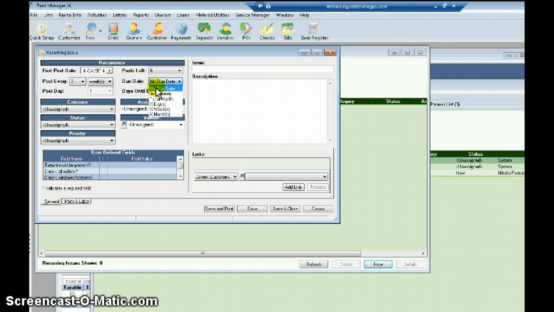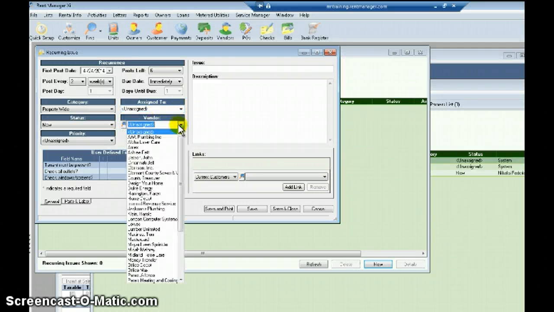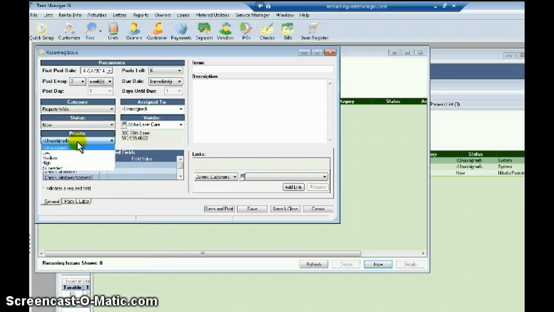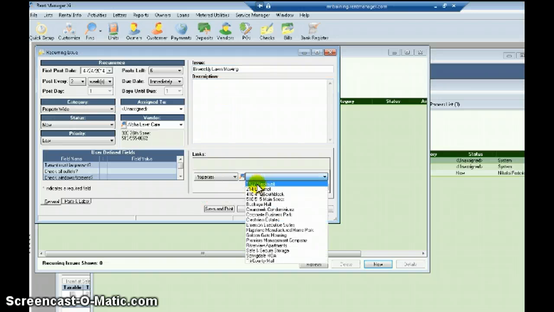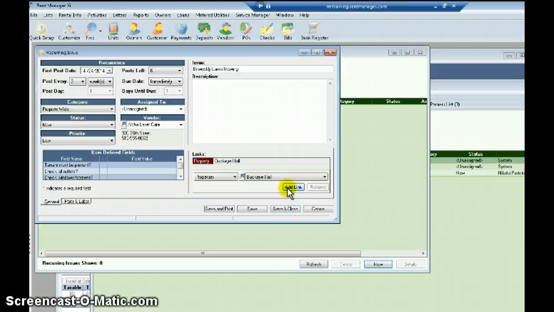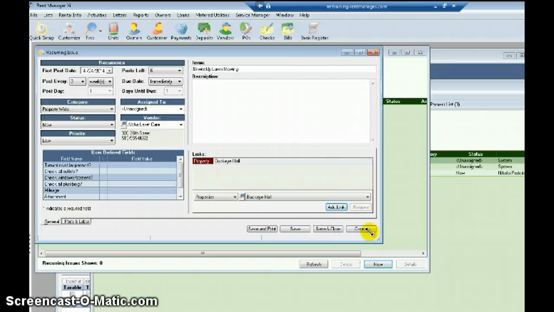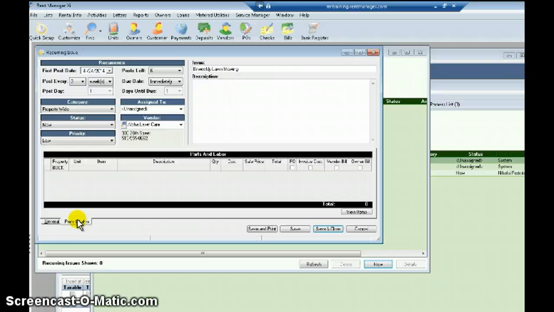I can set a due date. I'll say it's immediately due. Set categories. It's property wide. It's new. I won't assign it to a user, but it is Alpha Lawn Care. Priority low. Issue: bi-weekly lawn mowing. The property is Buckeye Hall, so I'll create that. So it's just linked to that property. And maybe here, again, in the parts and labor,